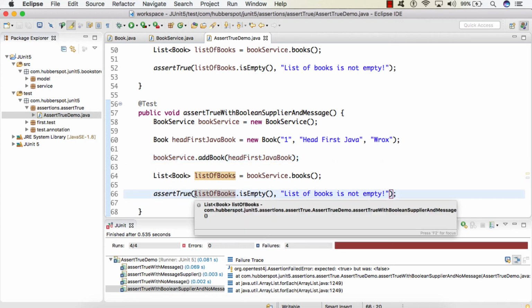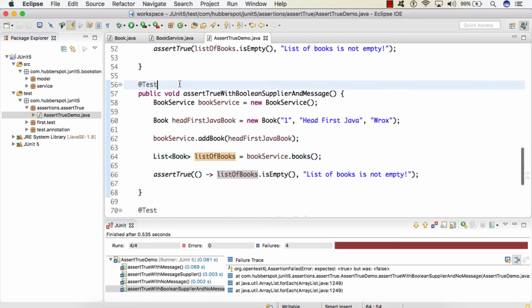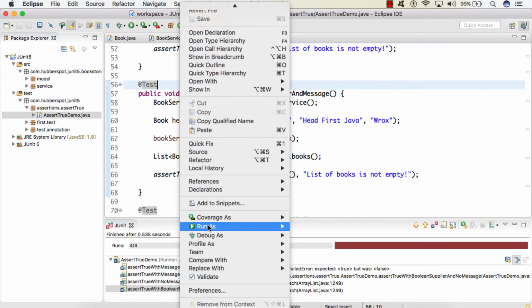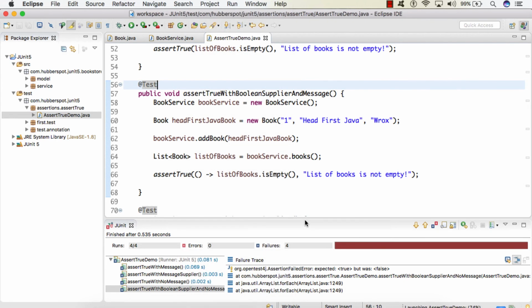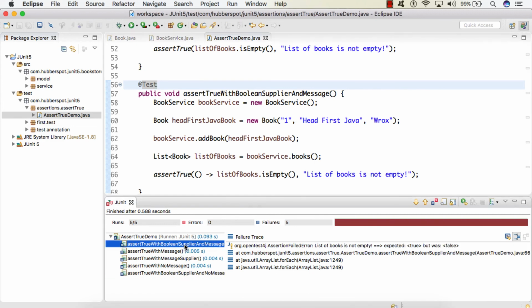The only change we do is we simply provide a boolean supplier and it works the same. So it gives an assertion failed error with our customized message, the list of books is not empty.